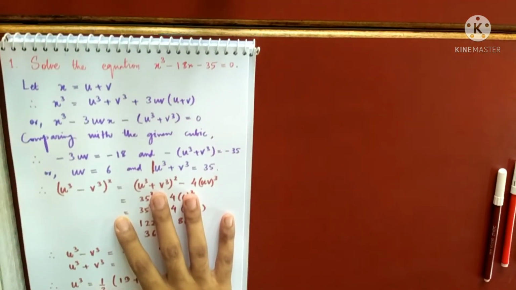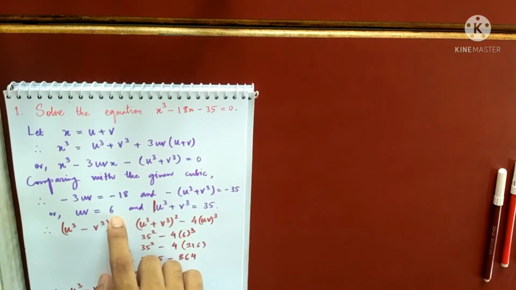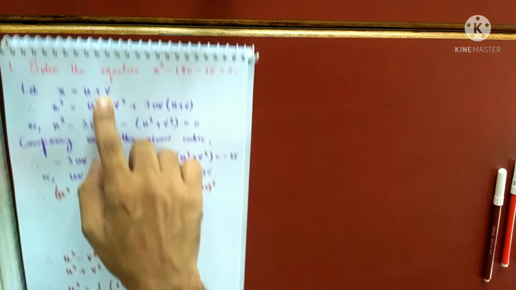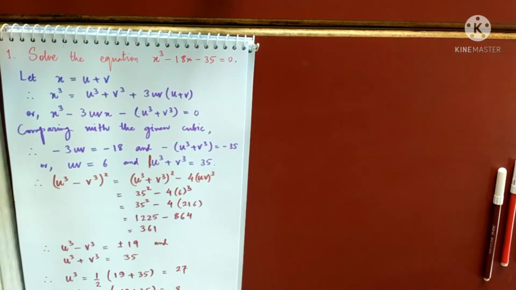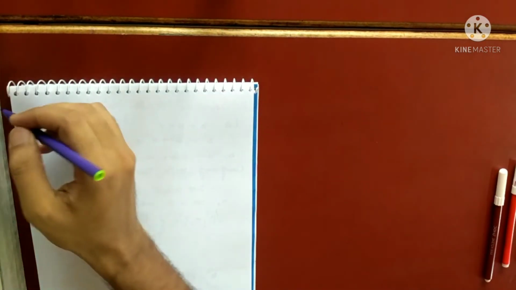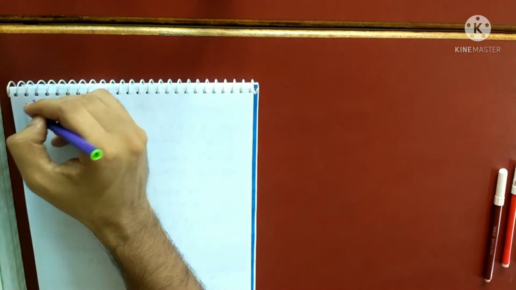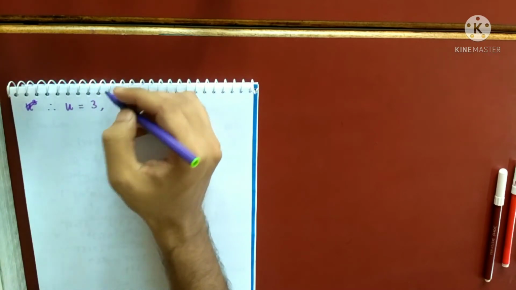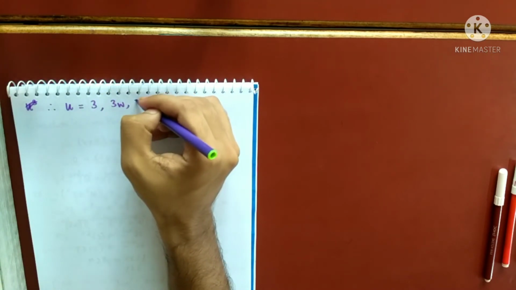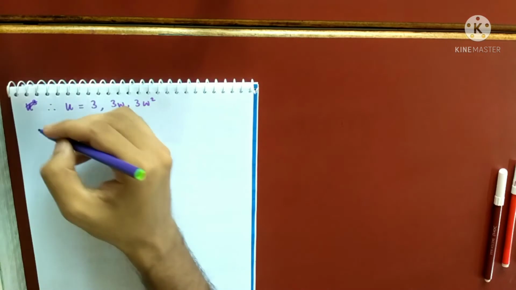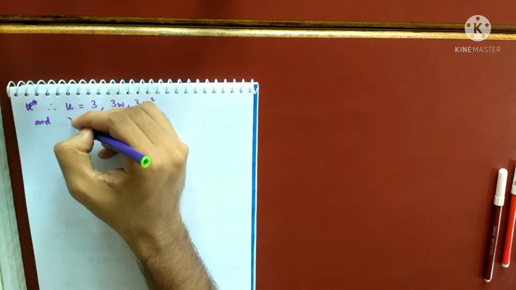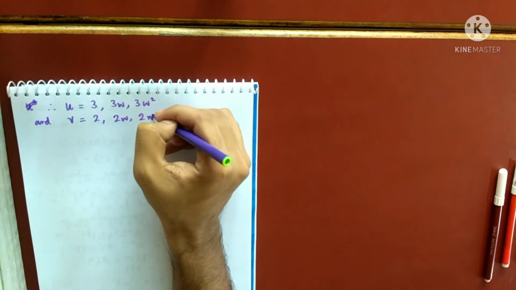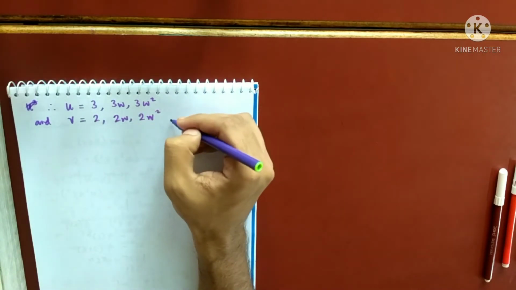So this thing will be required a bit later. u into v is 6. And remember, x equals u plus v. These both things will be required a bit later by us. So again, let me write it down. Therefore, u equals 3, 3 omega, 3 omega square, and v equals 2, 2 omega, 2 omega square. Okay, where